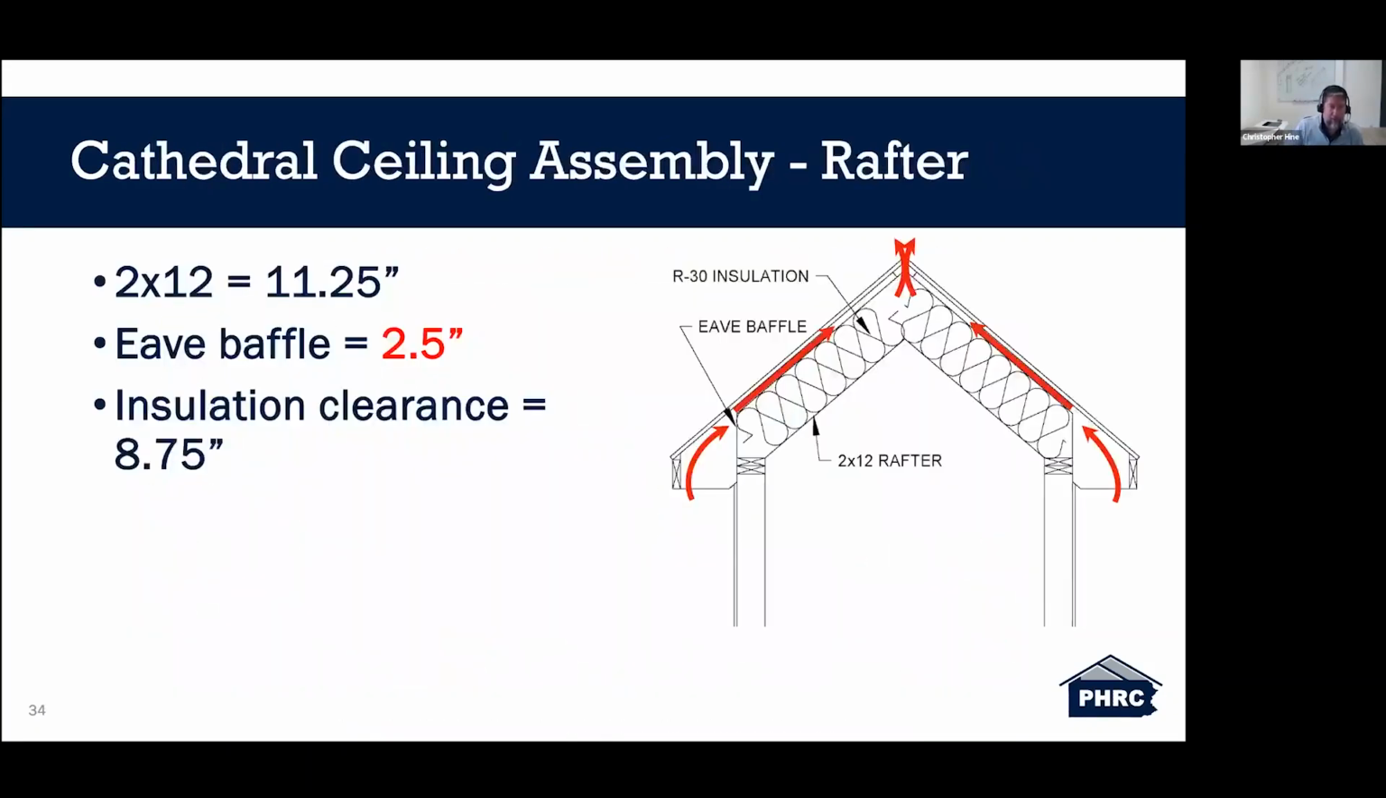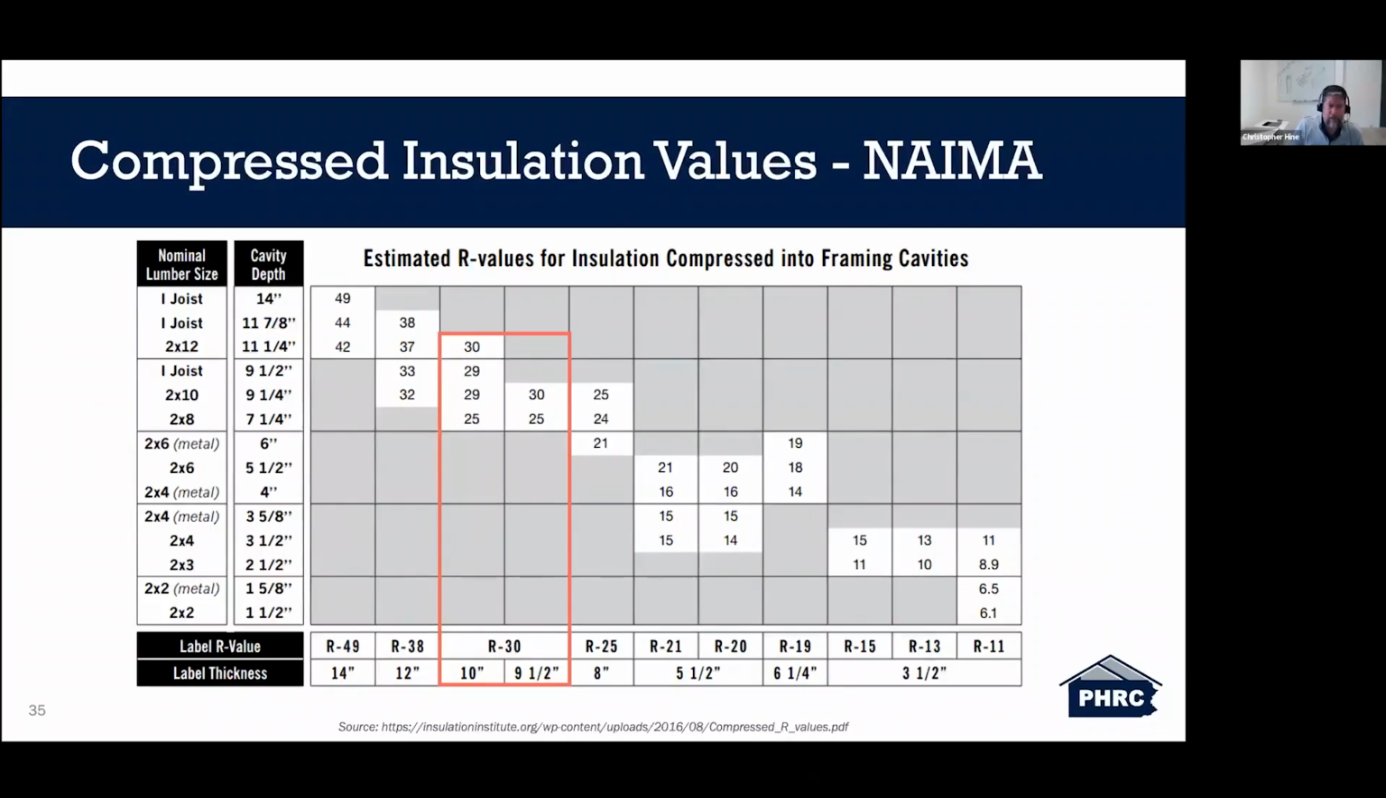So 8.75 inches. And here we are looking at this table again, estimated R values for insulation compressed into framing cavities. Here we have the R30, which can come in two different thicknesses, a 10-inch or 9.5-inch, but either way, both of those are more than 8.75 inches. So if we take a look at this table, R30, 10, 9.5, we're somewhere in between R25 and R30 when compressing that R30 insulation